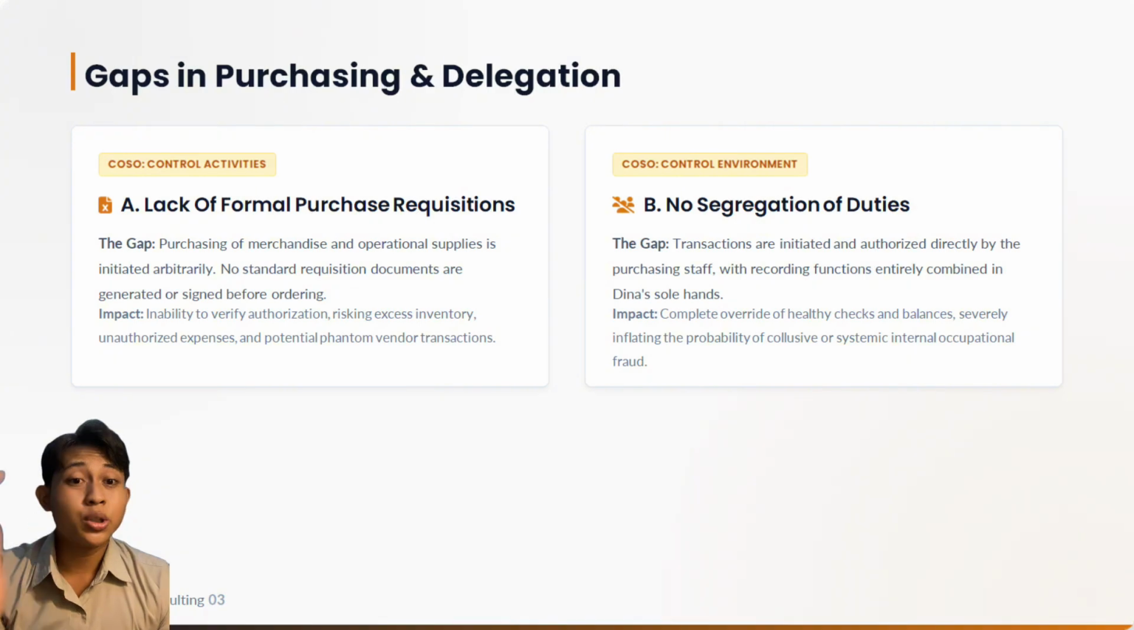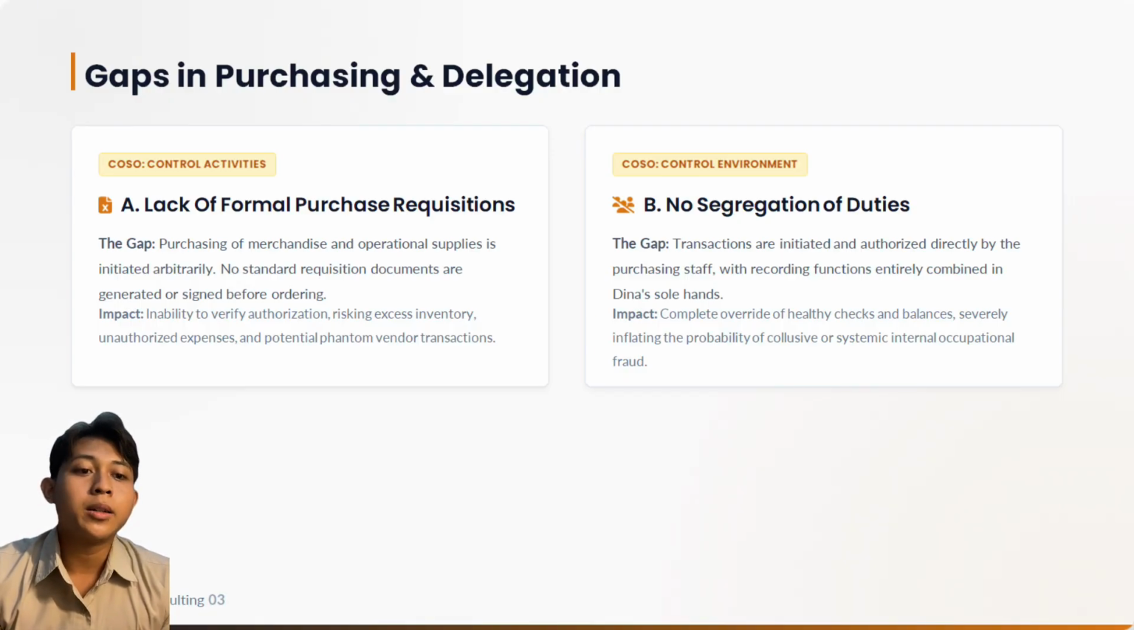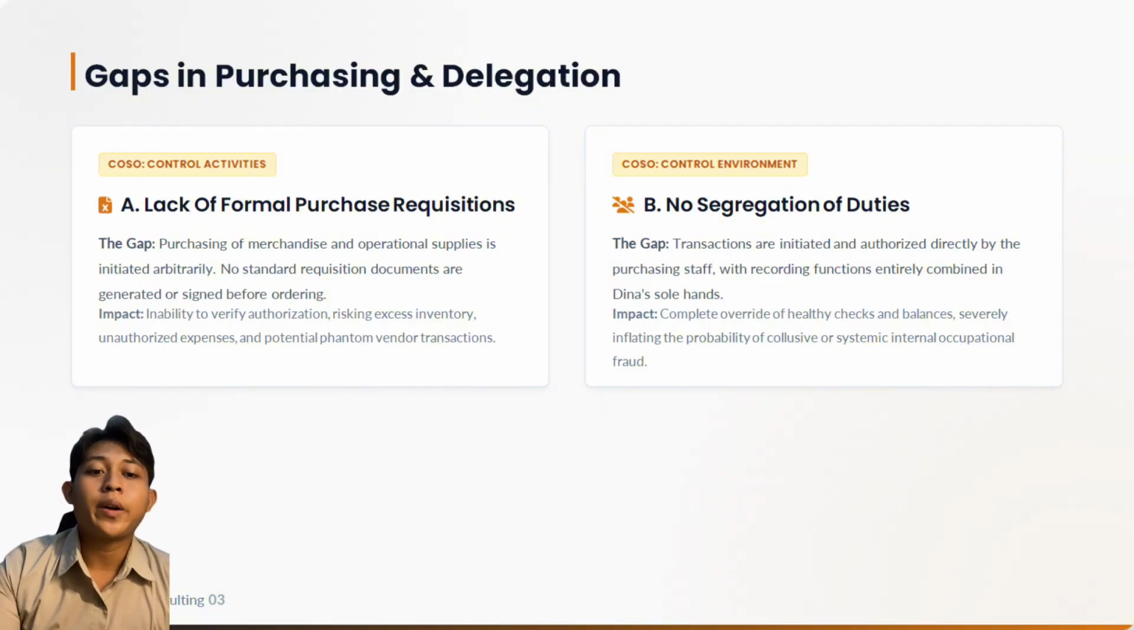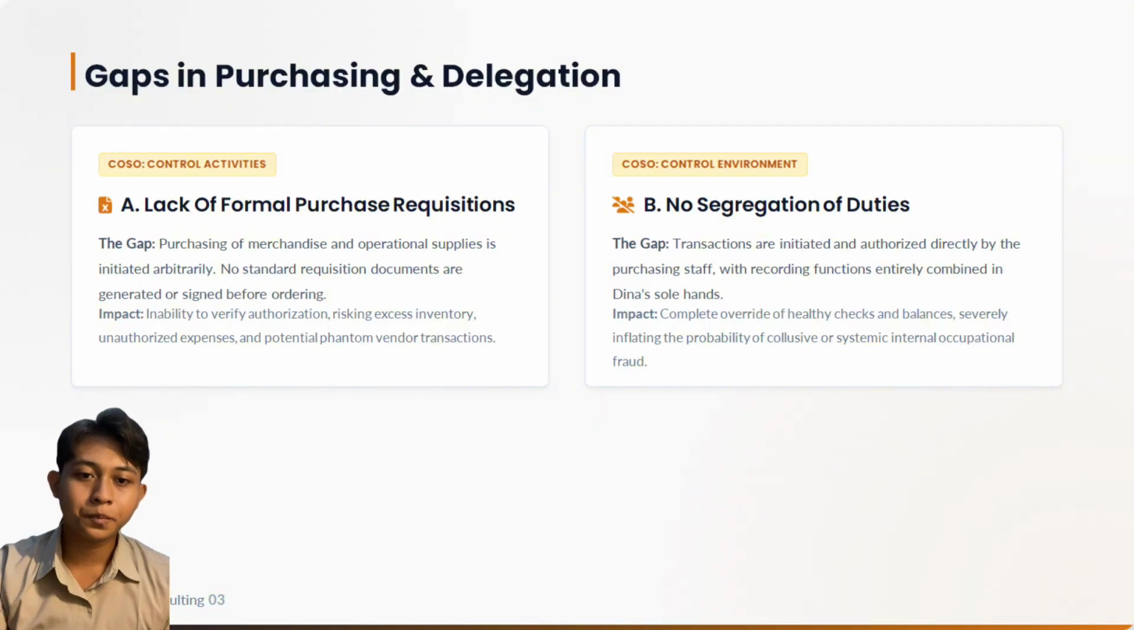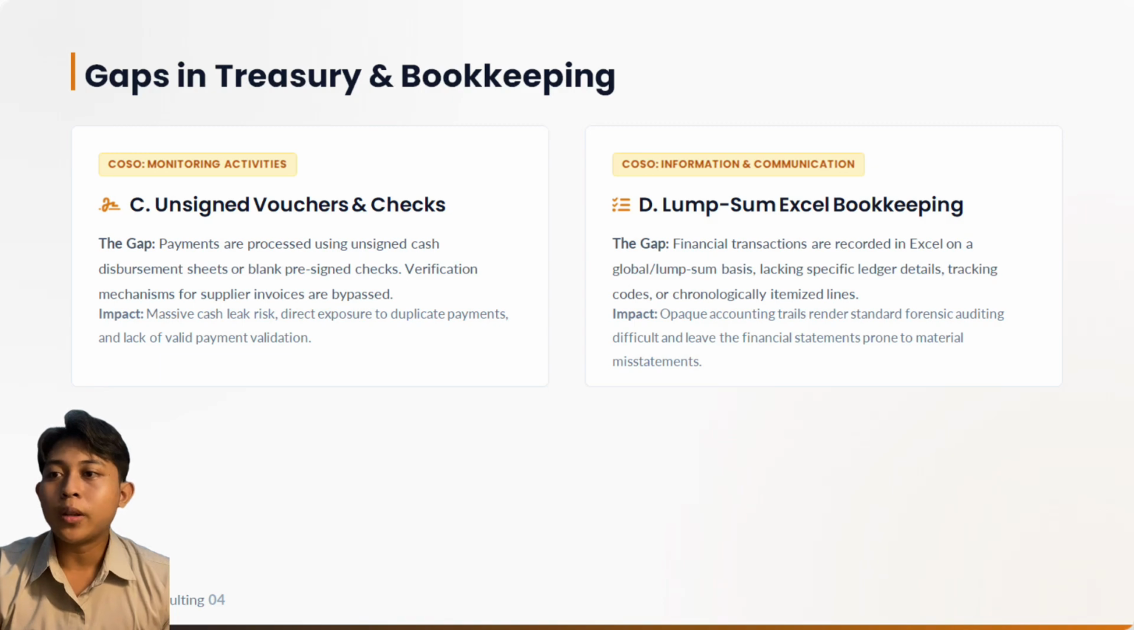And then the solution the company can apply is to separate this function by involving the owner or another staff member. Dina may prepare the draft purchase order, but the final authorization of the purchase order must rest with the owner, while the recording should be done by a different finance admin staff. And then we move into the